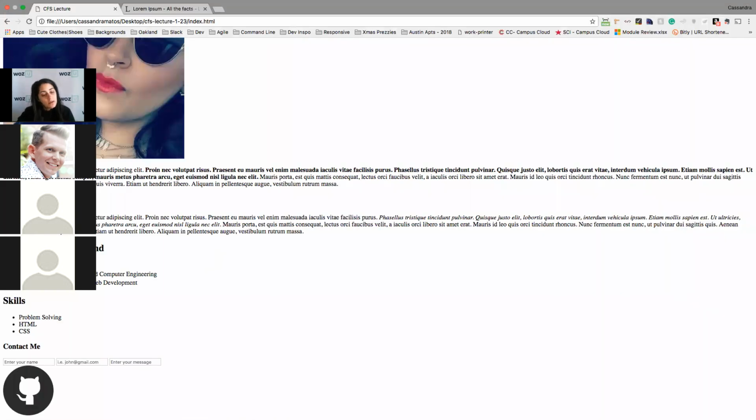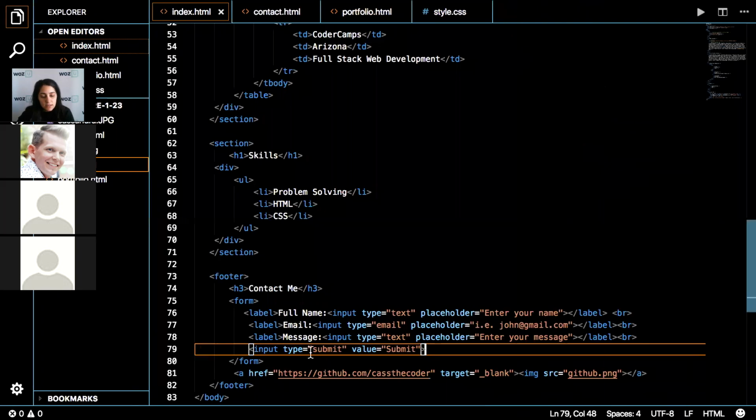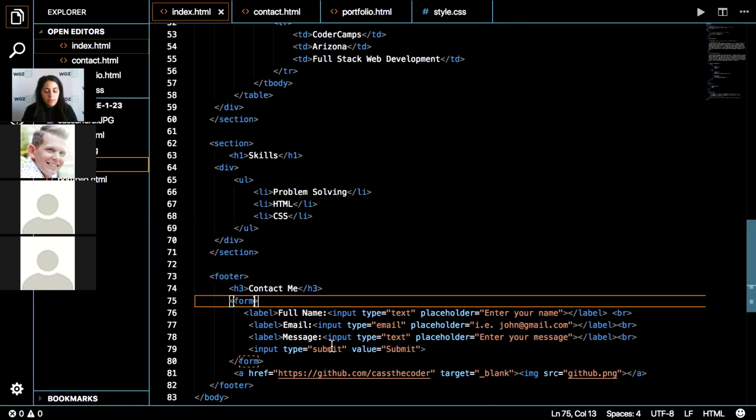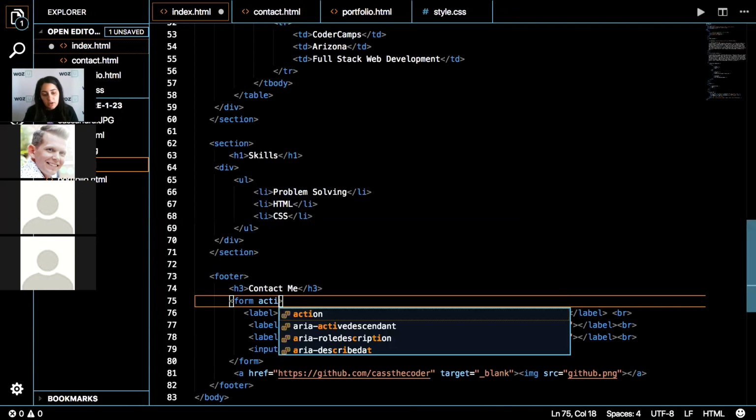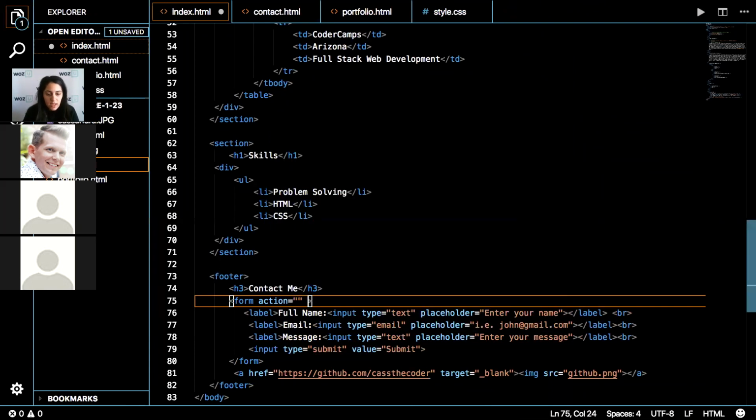So I have a question on that one. The value there, you said submit on both of them? Why wouldn't the value on that one be button? Or the type be button and the value be submit? So the type is considered submit because in the form there are 2 attributes here called action and method, which are normally equal to PHP files.